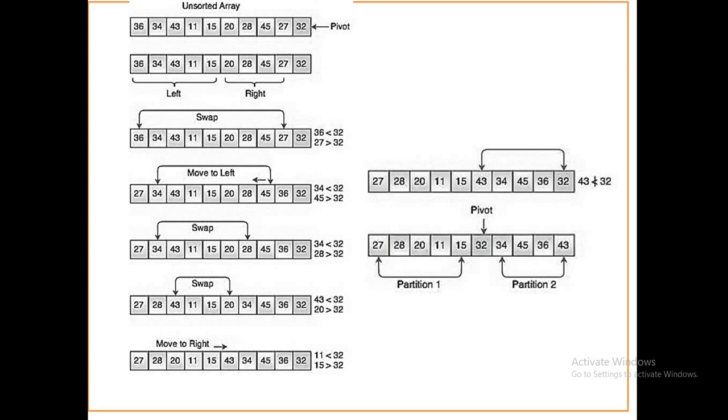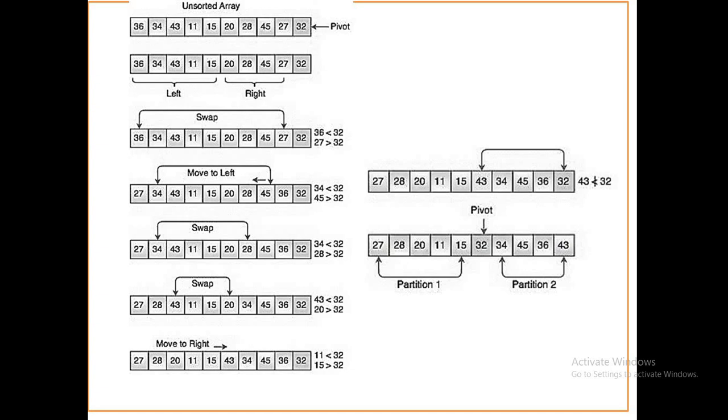If 36 is found to be lesser than 32 and 27 is found to be greater than 32, the condition is checked, and since both the conditions are not true, both left and right elements are swapped, and now the pointer moves to the next set of values, that is 34 and 45,